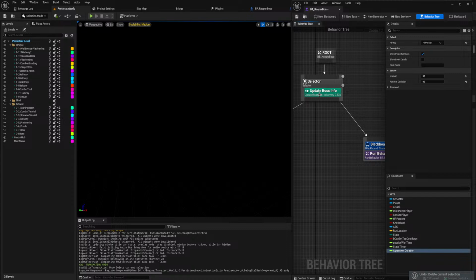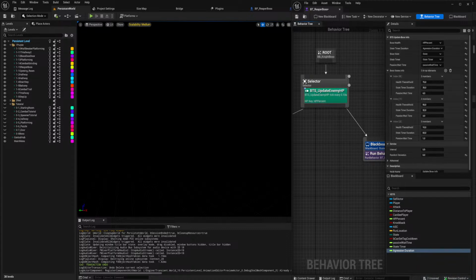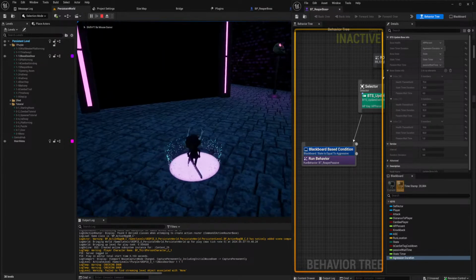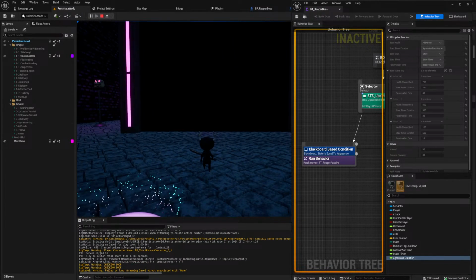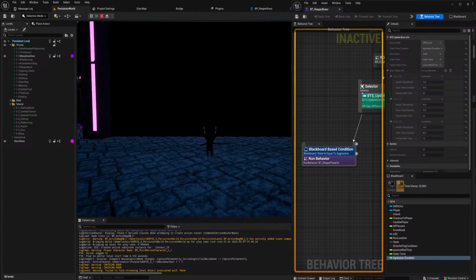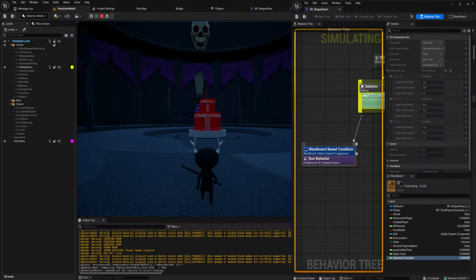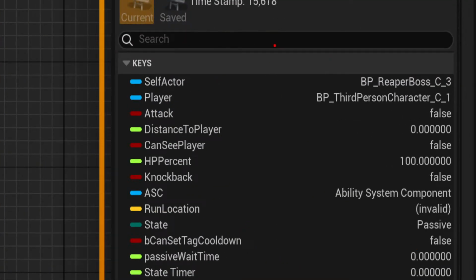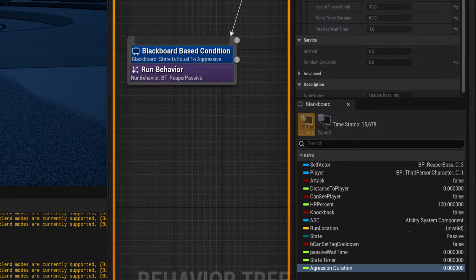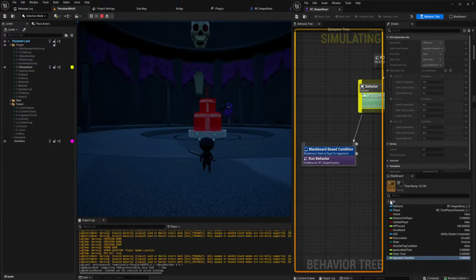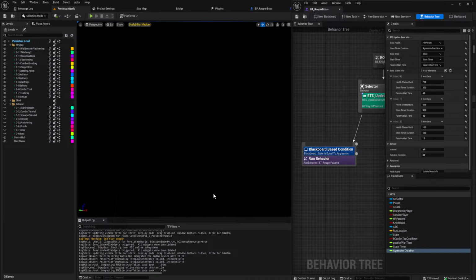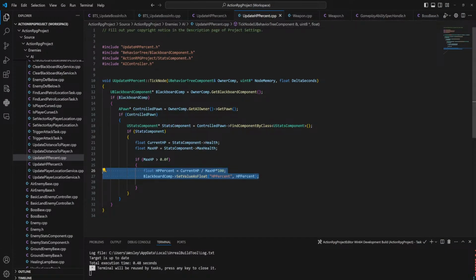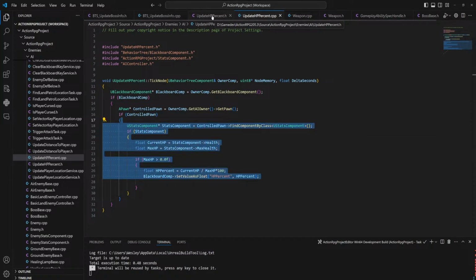If I then take this one, remove the update boss info, now you can see the HP value is getting set properly, but the rest not. So it's just both of those nodes existing at the same time that is somehow being problematic. But I guess we're just going to copy some of this node over into that other node.